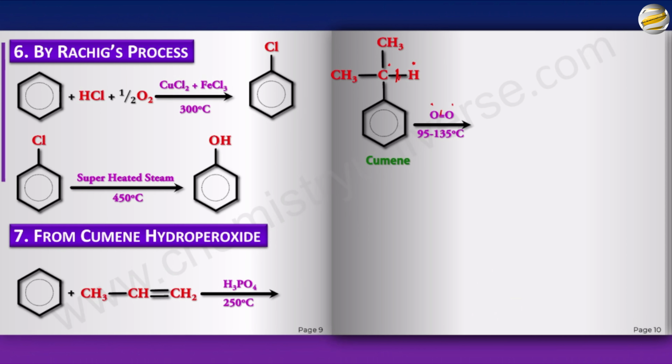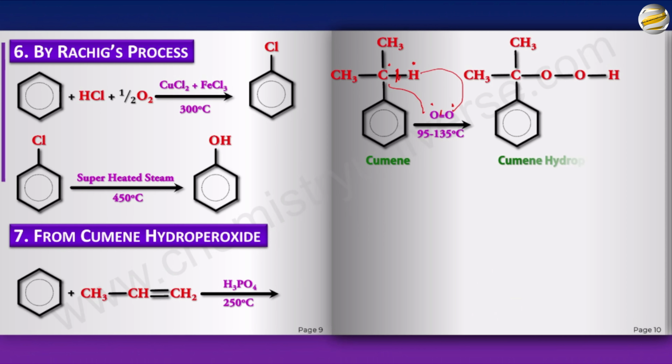Now, this corner O dot will take this H dot. The C dot will take the O dot. Don't you think we'll get this? This is called cumene hydroperoxide. Okay. Now what happens is